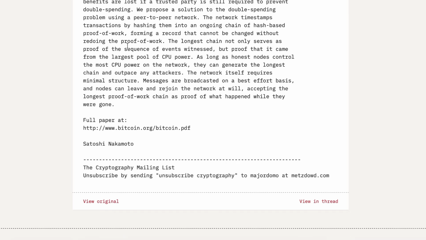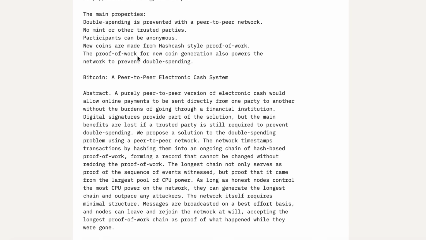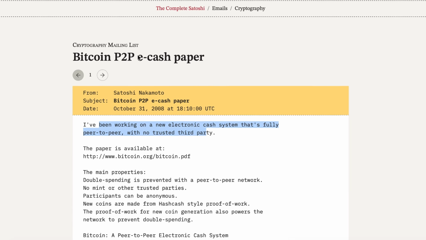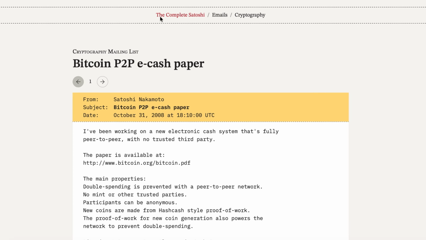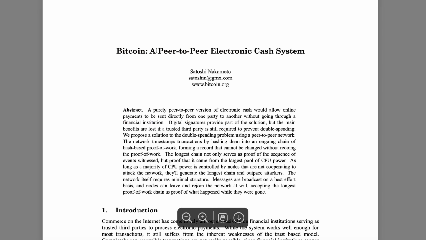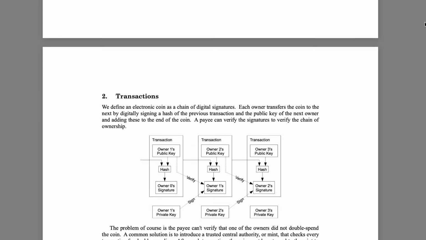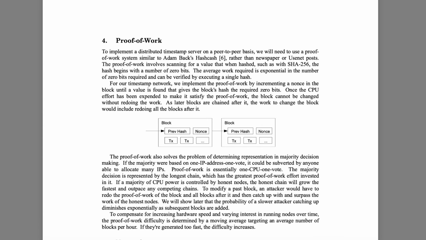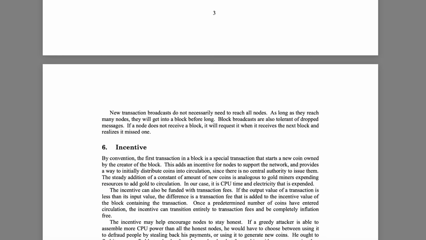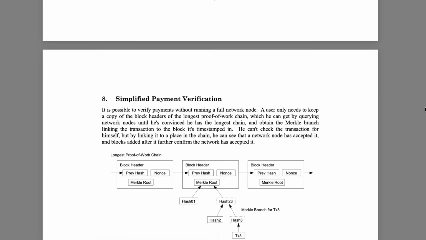And if you'd like to read all of these historic emails, forum posts, and all the other interactions of Satoshi, you can go to the Satoshi Nakamoto Institute to read through all of his previous communications. But from that, as I said, we were given the peer-to-peer electronic cash system that we know and love today, that is Bitcoin. Now again, I definitely recommend reading through this white paper, even if it is a little technical to understand. Ultimately, it does give you a good solid foundation to the underlying technology of Bitcoin and how it works.